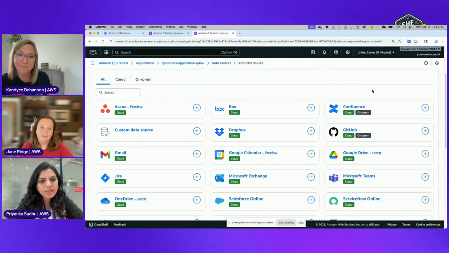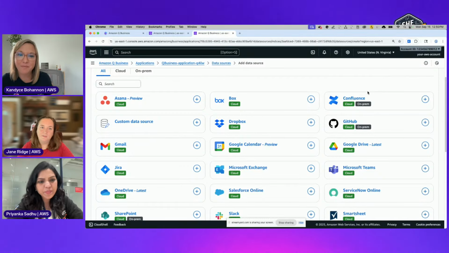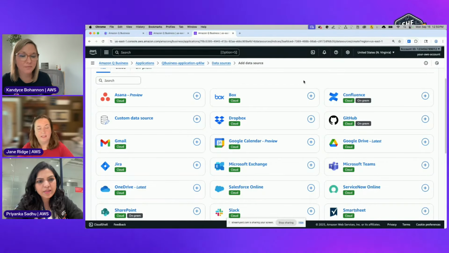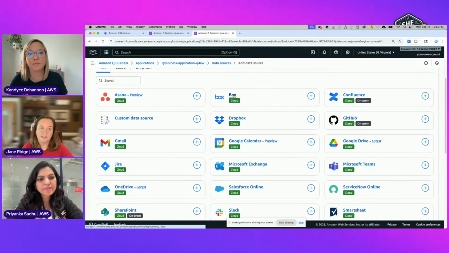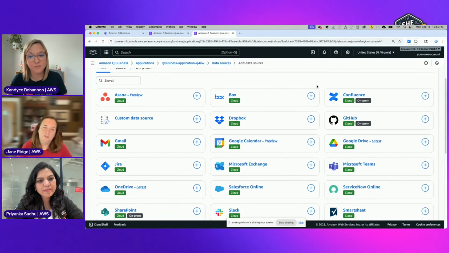So awesome. Is there a limit on the number of data sources that we can use here? I have not seen that. I'm not sure. I would say, anything that you can see here, you can bring in. Got it. I haven't had a customer hit a limit, and I have had customers ask, if you don't see something here, could you potentially bring it in as well? And that's where we do have custom data sources that could also be set up. So just because you don't see it here doesn't mean that it couldn't necessarily be brought in. You would just have to make sure that it could work with a custom data source.